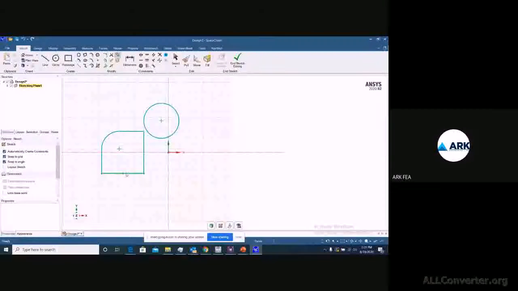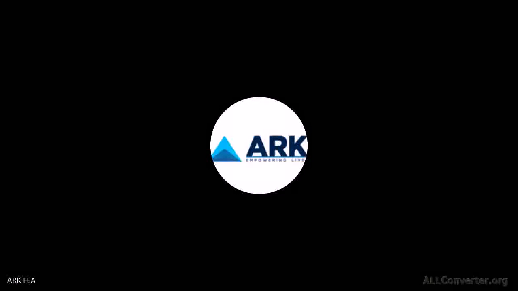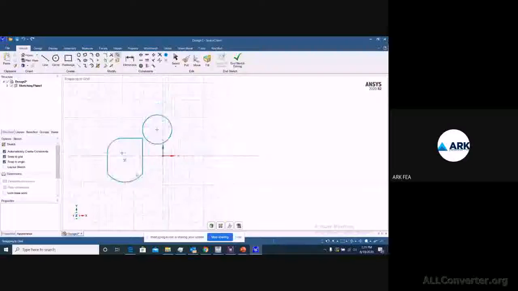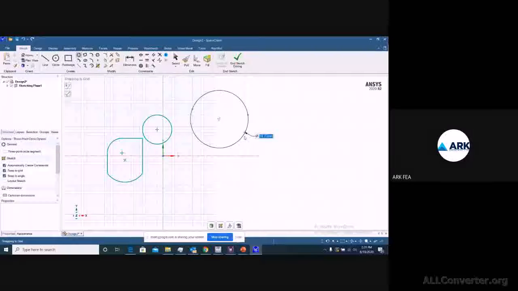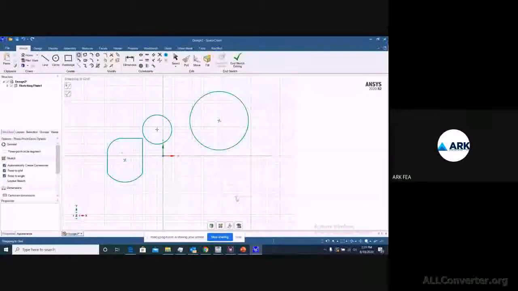So just come out, right? So you can define the angle you want to have, or directly you can use it like this also. So these are different tools existing for sketch.